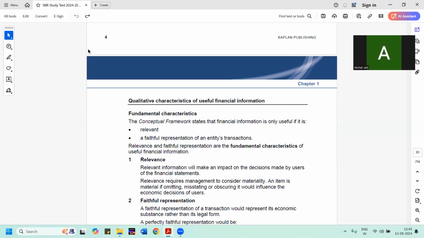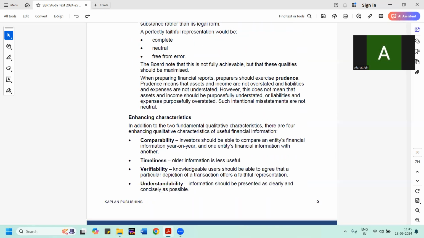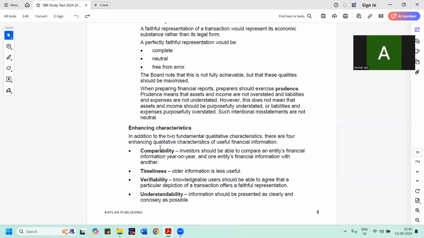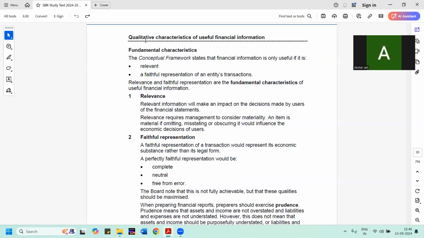Then we go towards the qualitative characteristics of useful financial information. What are the qualitative characteristics of useful financial information? It should be relevant, it should have faithful representation, and enhancing characteristics would be comparability, timeliness, verifiability, and understandability. So basically, all financial information